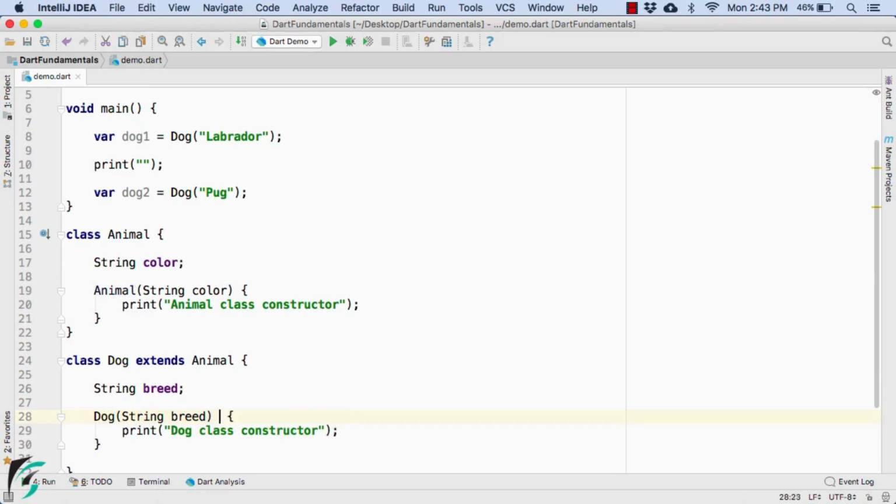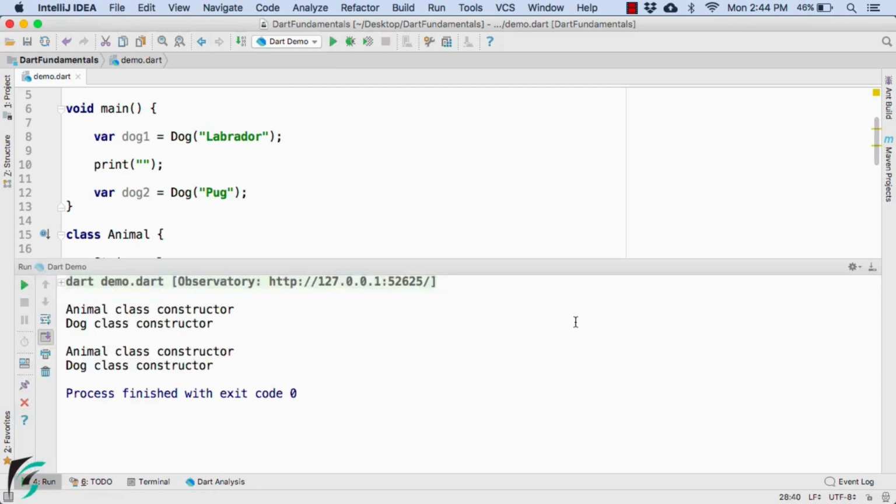Let us right now remove this super call. So here the compiler is showing us some error here. The superclass animal doesn't have a zero argument constructor. So always remember that whenever we have a child class and the superclass, it is mandatory that your superclass should have the zero argument constructor like this. Now suppose in case your superclass has some parameterized constructor, so in that case you have to manually call the superclass constructor like this and pass in some value of the parameter. It is totally up to your wish. Launch the application and I guess you will get the same output like this.